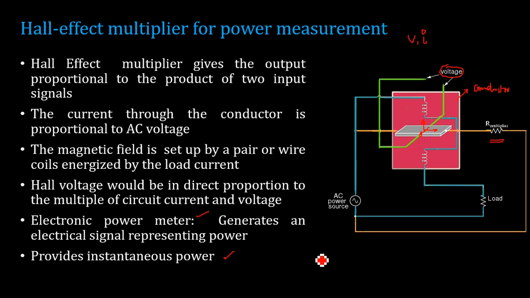It is not like a normal meter where you have dials with pointers, so that depending on the power consumed, the pointer deflects. Instead of that deflection, here the output voltage will be changing. It is an electrical signal that varies depending on the instantaneous value of power in the circuit.